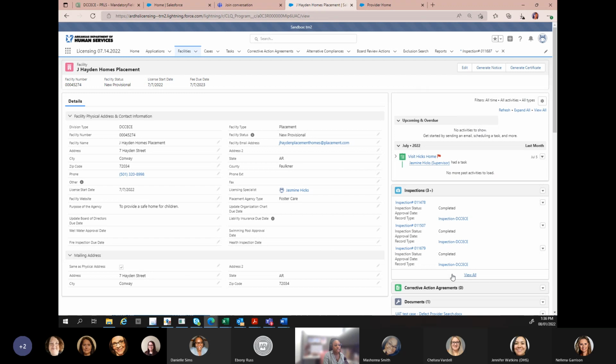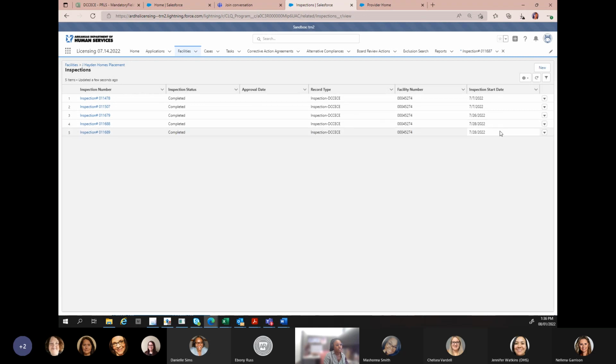But if not, you will need to know which inspection you need to go to in order to get to that non-compliant regulation. So I'm going to hit view all over here, and you can either ask the licensing specialist for the inspection number that you need to go to, or you can look at it and know by the inspection date. Otherwise, you'll have to be in communication with the licensing specialist to know which inspection you need to go into for that non-compliant regulation. Okay, so I'm going to click on this very last inspection,